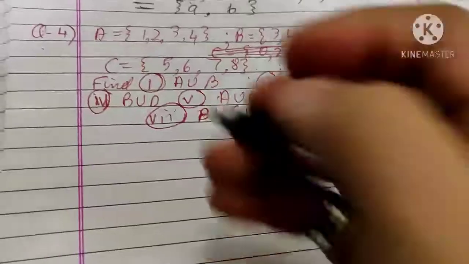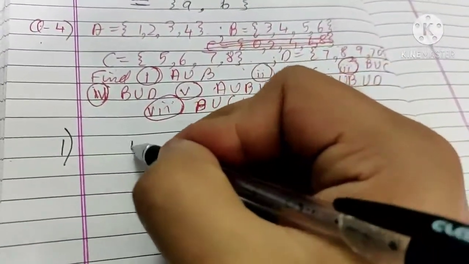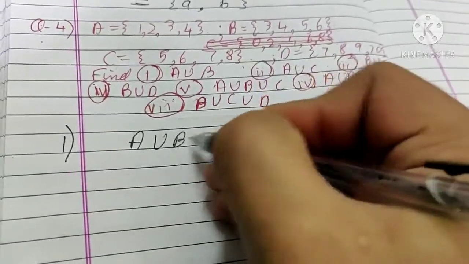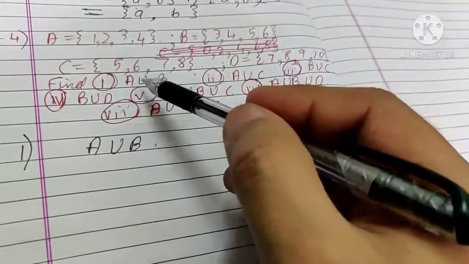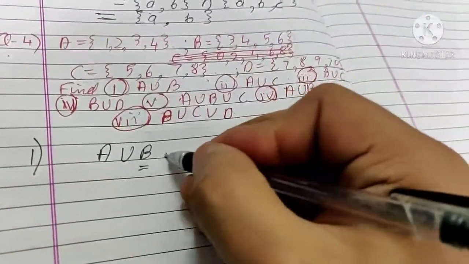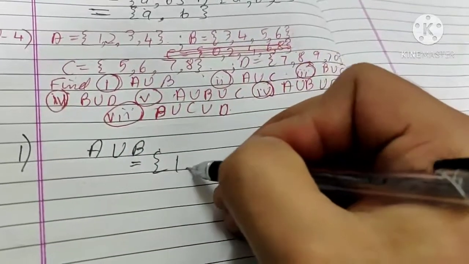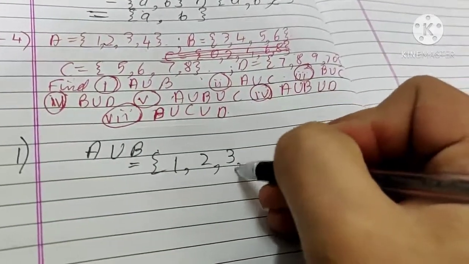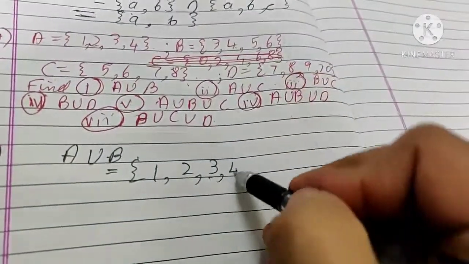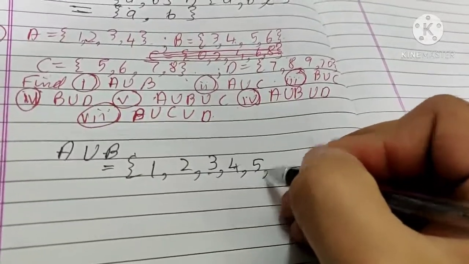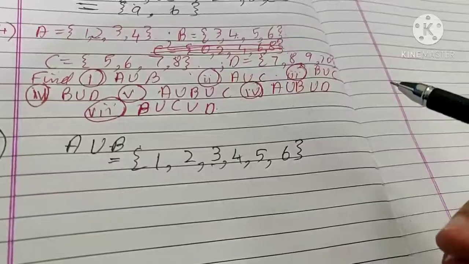So our next question is this. Here we have to calculate first set A union B. A union B means the set that contains A and B both. So 1, 2, 3, 4. We are taking first the A set and then the B set. B set is 3, 4, 5, 6. 3 and 4 have already been taken, so 5 and 6 are extra. So these are the union of A and B.